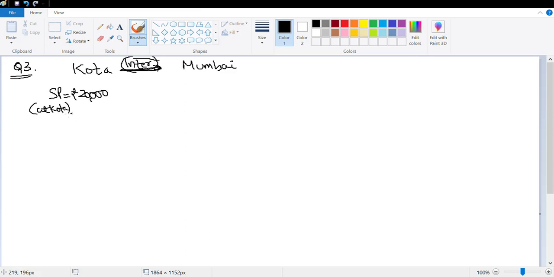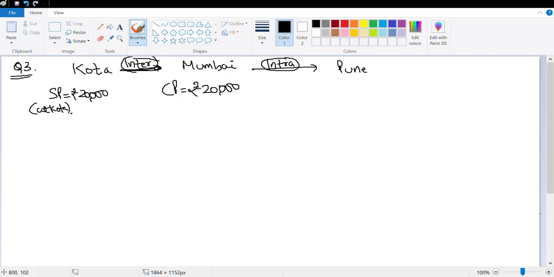Let's read the next line. And then from Mumbai to Pune. So Mumbai is selling it to Pune. In this case, it is intra, because Mumbai and Pune are both in the same state. If the GST is 12% and the profit made at Mumbai is 5,000, so the CP at Mumbai is rupees